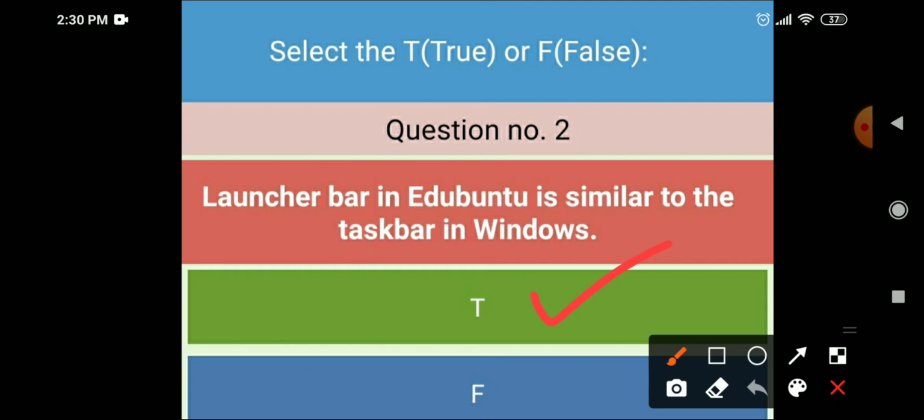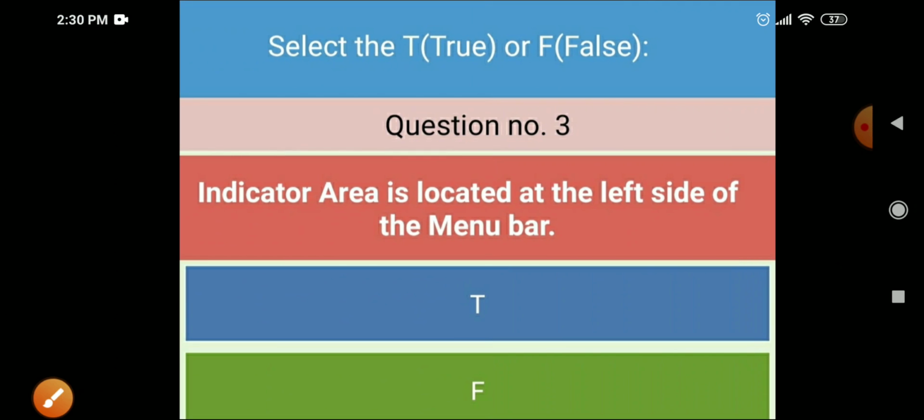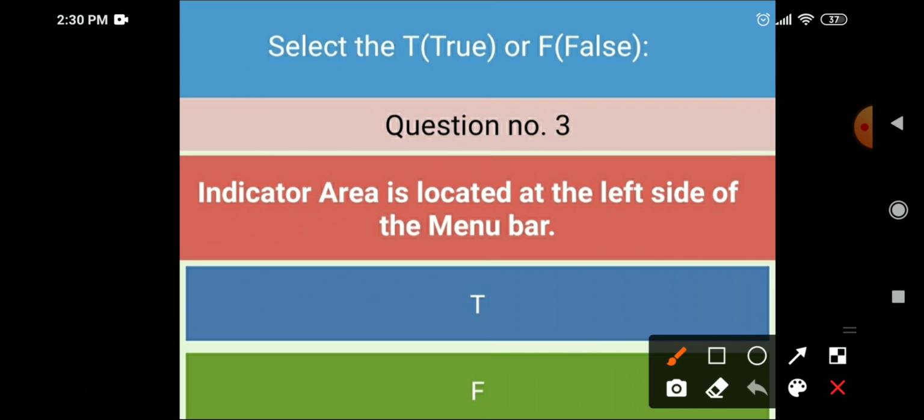So true. In Windows we have the taskbar and in Ubuntu we have a launcher for the same purpose. Third true false: the indicator area is located at the left side of the menu bar. Yes. The indicator area is on the left side of the menu bar.